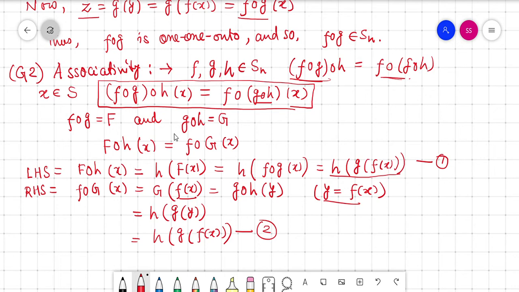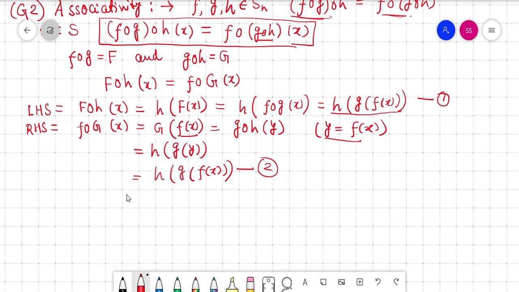You can see these two values are the same, equal. So what does it mean? It means we have shown this one, that is this one. And it was our goal. From 1 and 2, we'll write like this: from 1 and 2,